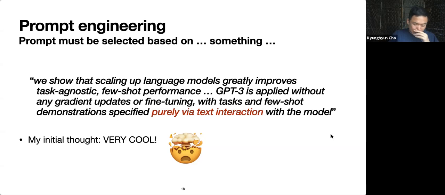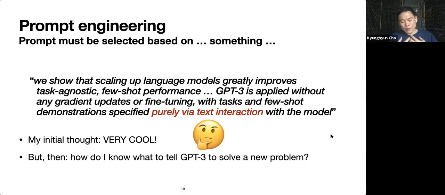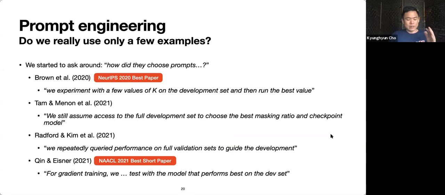This is extremely cool. It's just that what is the right way to tell, or how do I know what I need to tell GPT-3 to do what I want it to do? And then this prompt engineering has become a big thing overnight, essentially. The GPT-3 paper was published online less than a year ago. And then, since then, it has received the best paper award at NeurIPS. And then there have been tons of papers published online as well as in some of the conferences, receiving sometimes best short paper award, outstanding long paper award, outstanding short paper award, and so on and so on.